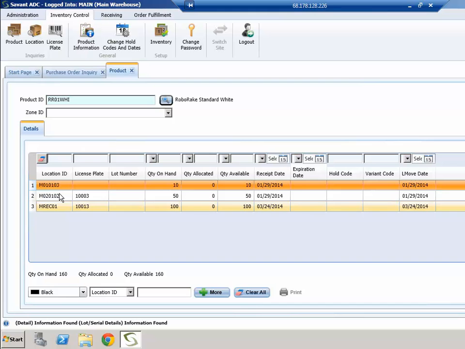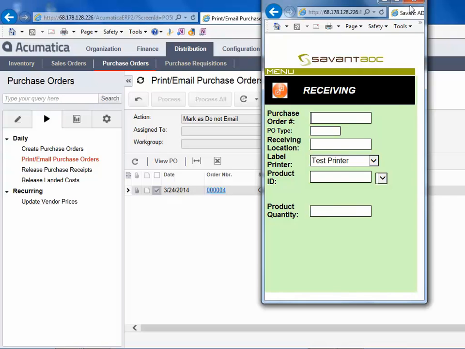I have some other product in the warehouse that was already there, and it's ready to be moved around in the warehouse. I've got a license plate 10013, and this is what's printed on that barcode label on the printer that I specified. So I can take that label now and apply it to the product and go put it away. So we'll go ahead and go back to our scanner,